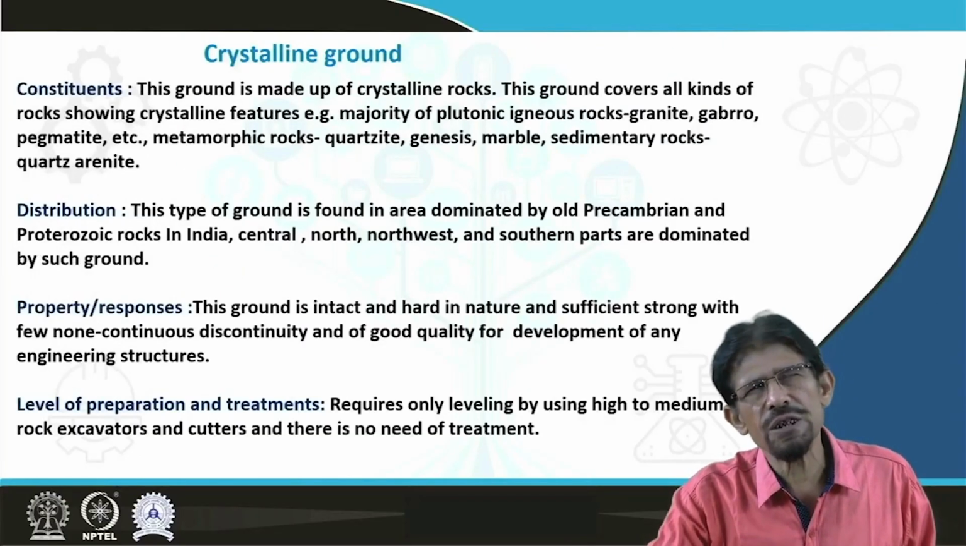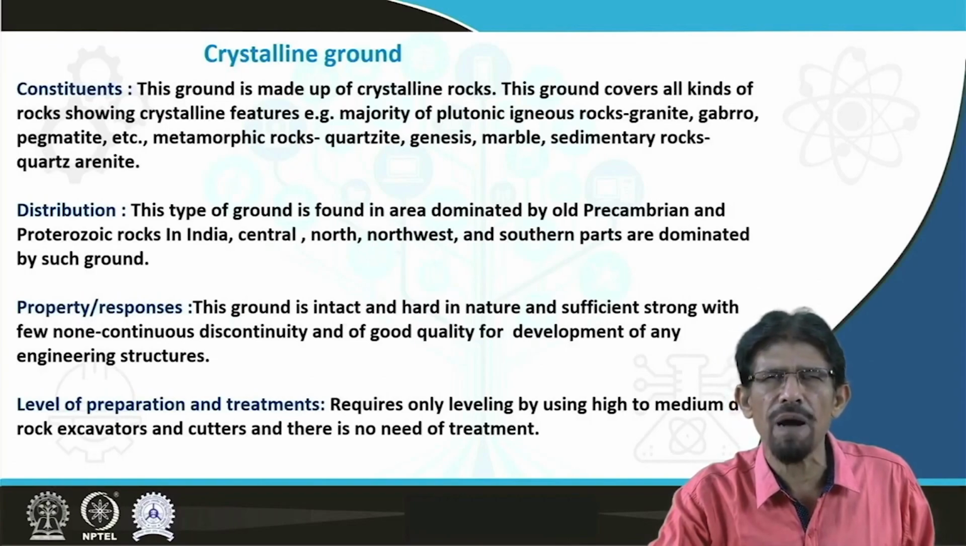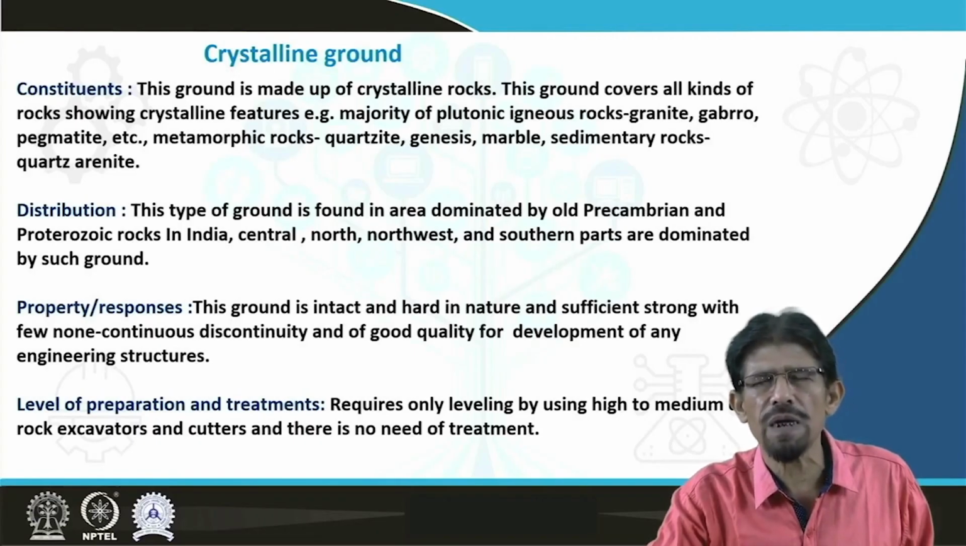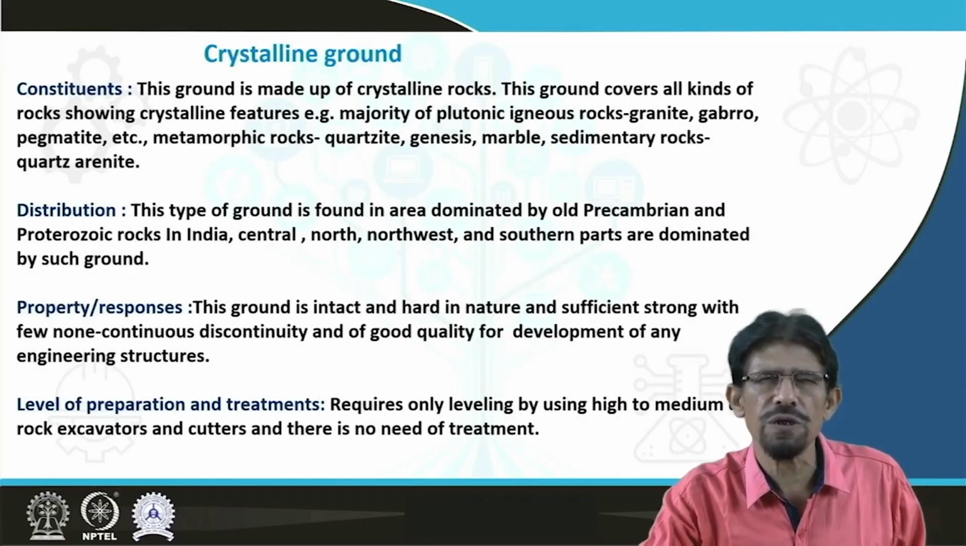As far as crystalline ground is concerned, we are going to consider all types of area which are made up of crystalline rock. For example, made up of igneous rock, particularly plutonic rocks, made up of sedimentary rock like quartz-granite, made up of metamorphic rock like quartzite, like gneiss, etc. So all the materials, if belonging to the crystalline group, then we are going to consider this type of ground as